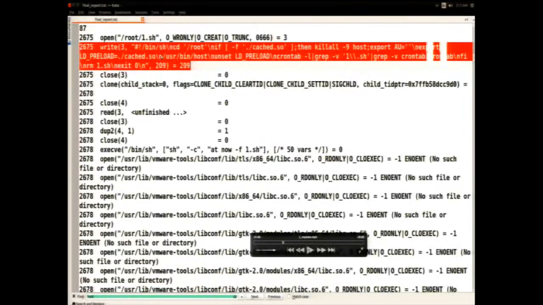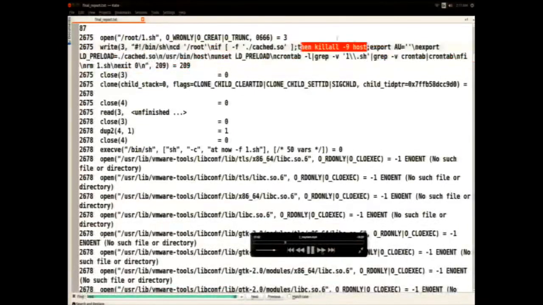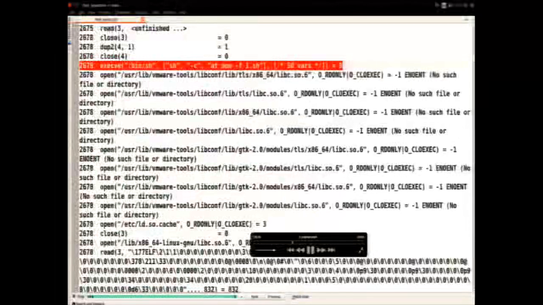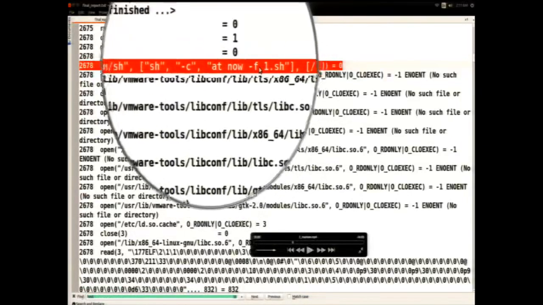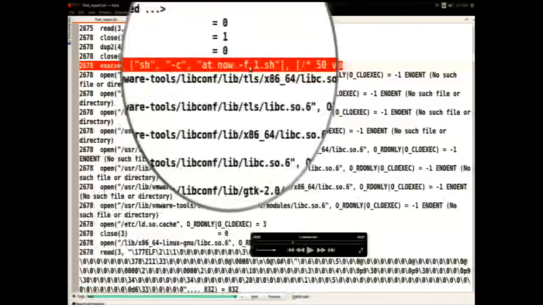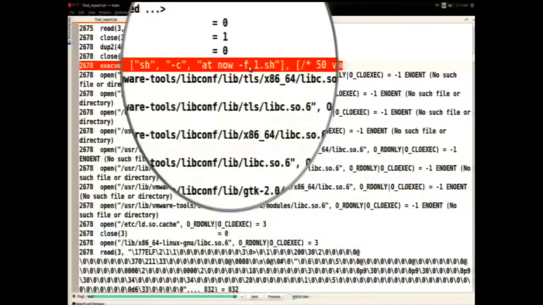Okay, so this is the content that it wrote to the shell script. Next, this is how it is executing that shell script. So far you know that it dropped the shared object, it dropped the shell script, it wrote that content into the shell script, and this is how it is executing the shell script. It is saying execute this file now. So the shell script executes, and as a result of the shell script getting executed, all those ld_preload attack steps start happening.